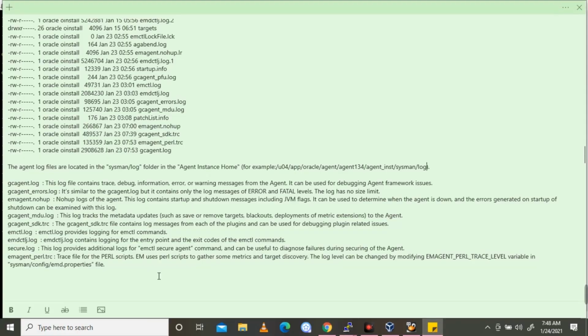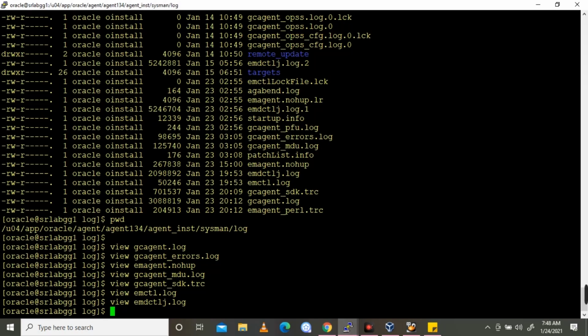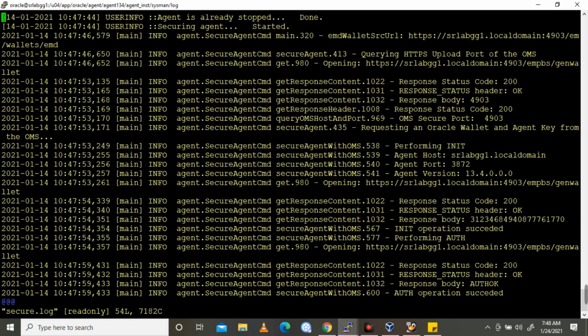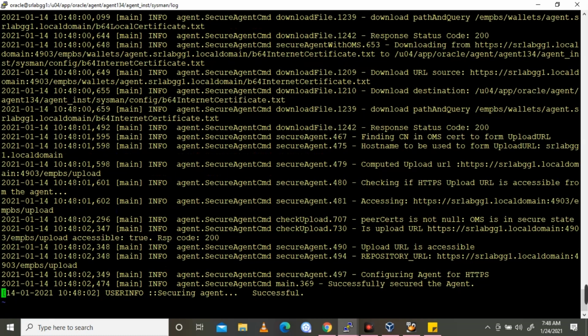Next, the secure log. This log provides additional logs for the emctl secure agent command and can be used to diagnose failures during the securing of the agent. So this is a log for diagnosing securing the agent.